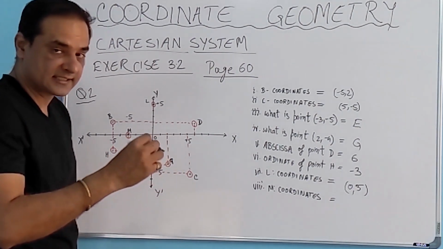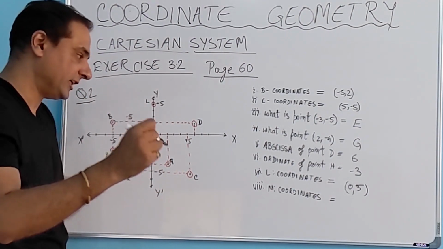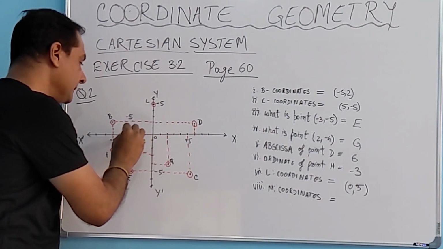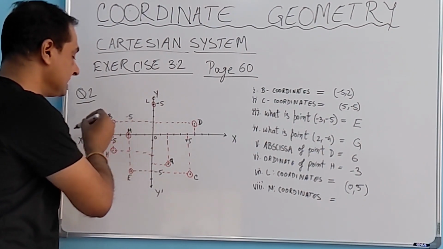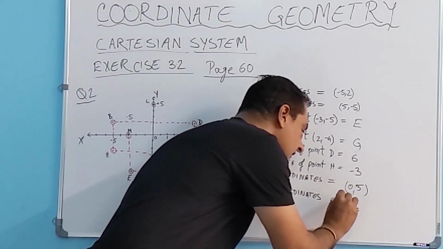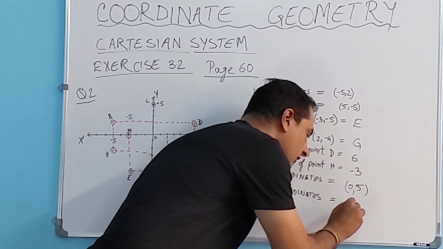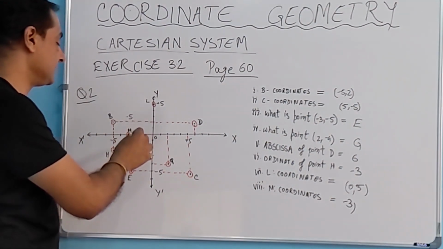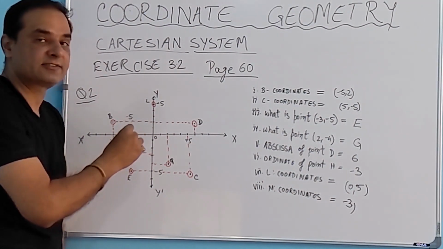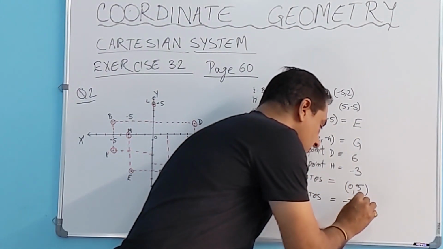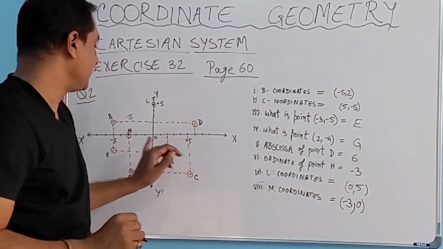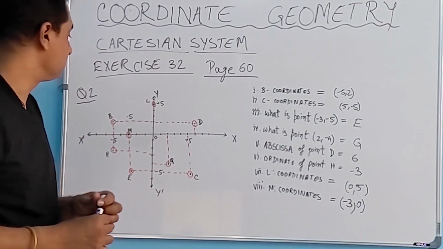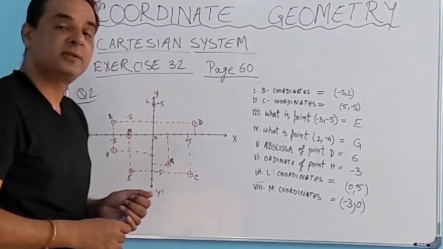So how do we write coordinates? Again, it's x coordinate, then y coordinate. The x coordinate for M is 1, 2, 3. So it's 3, but since it is in the negative direction, it has to be -3. We put a comma and then we find out the y coordinate. Perpendicular distance from the x-axis, since it is on the x-axis, the distance will be 0. So we write that as 0 and we put that in a bracket. So coordinates for point M are (-3, 0). So this completes our question number 2 from exercise 3.2.